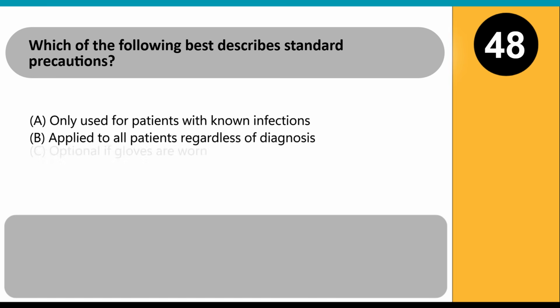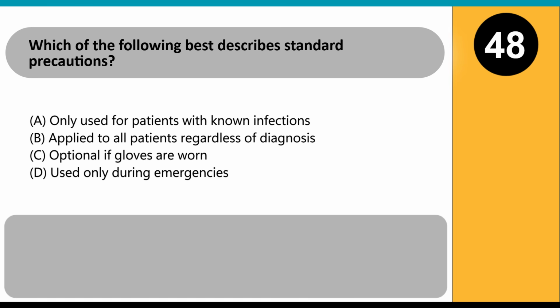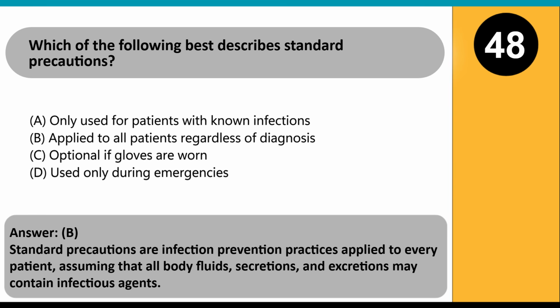Which of the following best describes standard precautions? A. Only used for patients with known infections. B. Applied to all patients regardless of diagnosis. C. Optional if gloves are worn. D. Used only during emergencies. Answer: B. Standard precautions are infection prevention practices applied to every patient, assuming that all body fluids, secretions, and excretions